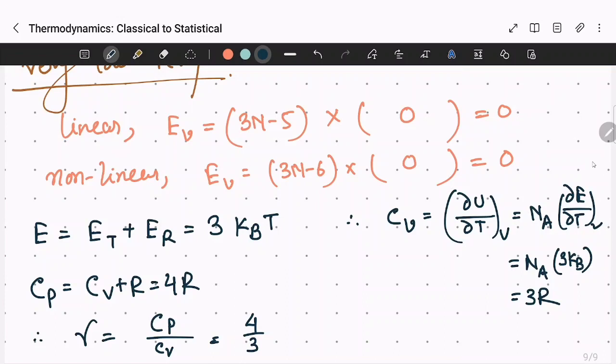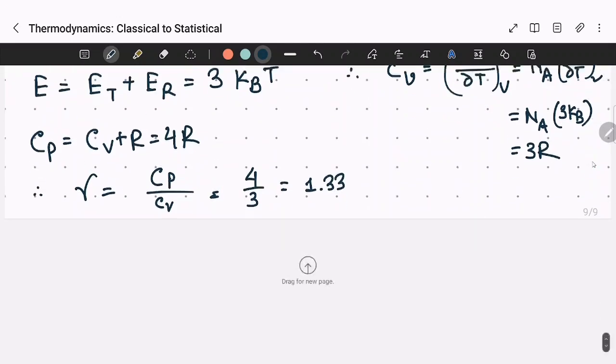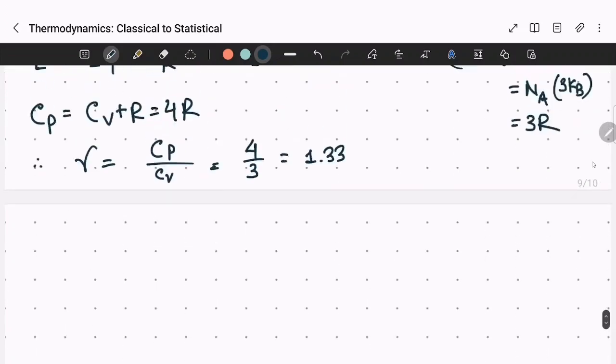Okay, from here we can calculate. 4 by 3 means it is 1.33. This is for low temperature. So one thing we have to remember, the contribution of